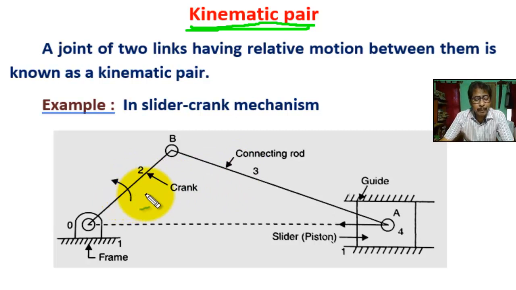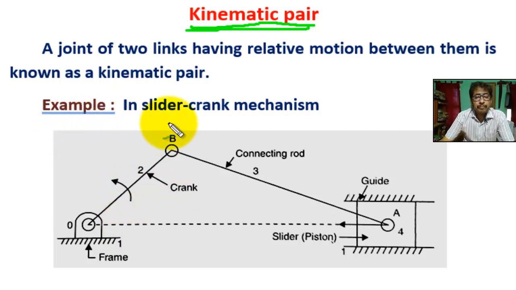For a kinematic pair, kinematic pair এর ক্ষেত্রে লিঙ্কগুলোর মধ্যে রিলেটিভ মোশন থাকবে। লিঙ্কগুলো দুটো লিঙ্ক যখন জয়েন করছি, লিঙ্ক 1 and লিঙ্ক 2, তখন লিঙ্কগুলোর মধ্যে রিলেটিভ মোশন থাকবে কাইনেমেটিক পেয়ারের ক্ষেত্রে।